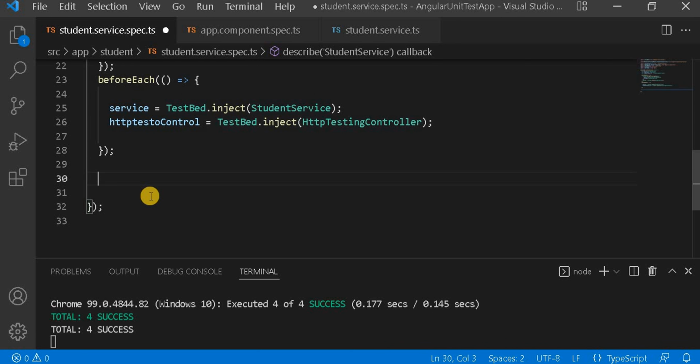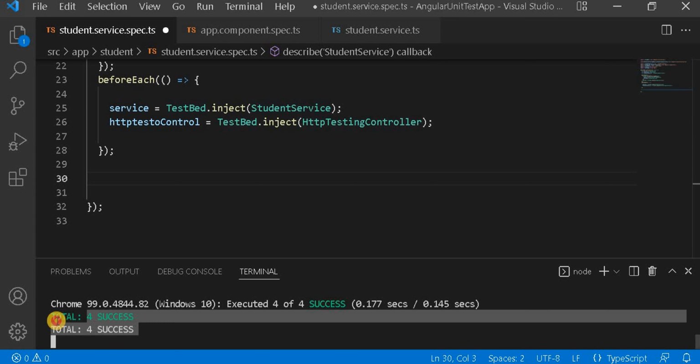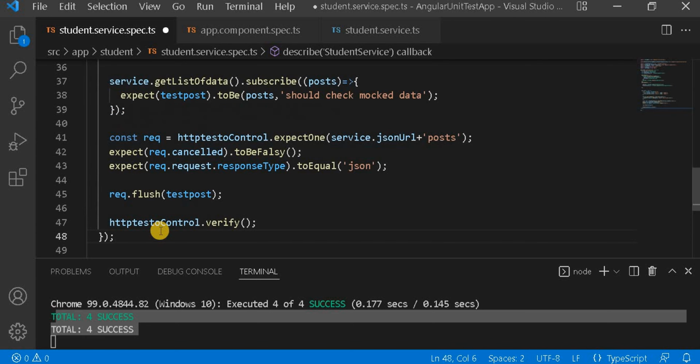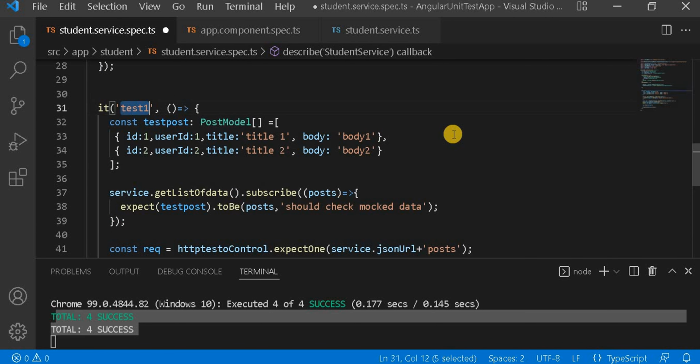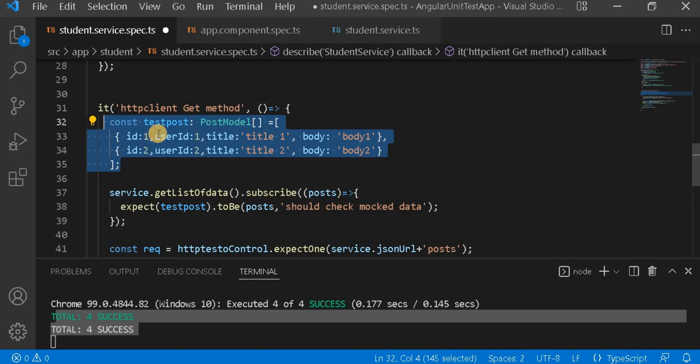The first test case I am going to write is for the get method. Currently you can see here 4 test cases passing that we wrote in the previous video. So now this is the test case, test 1. Here I am going to write the HTTP client get method. In the get method, what I have done is taken an object, a test post, and I have created some dummy data that you can see.